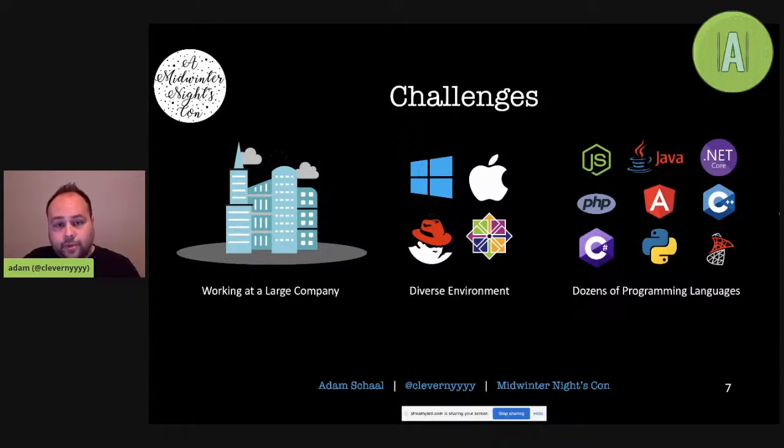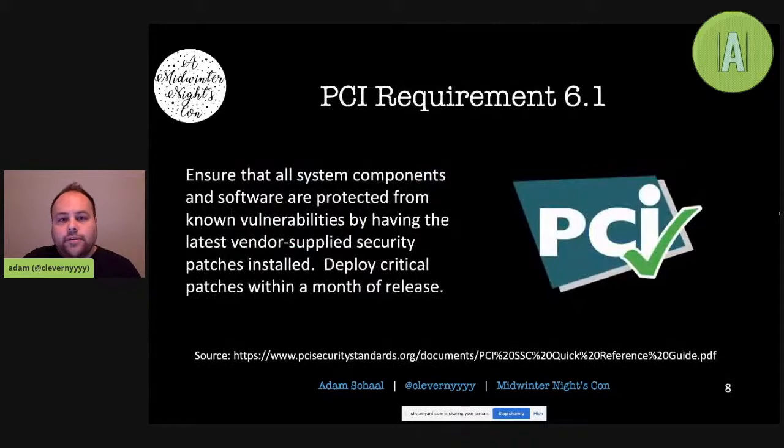There were always mergers and acquisitions going on where we were inheriting terrible, bad code. There were dozens of programming languages and diverse environments, multiple desktop environments and multiple server environments, and this all existed already when I joined the team. We were a big company, we processed payments, and so there was a need to also be PCI